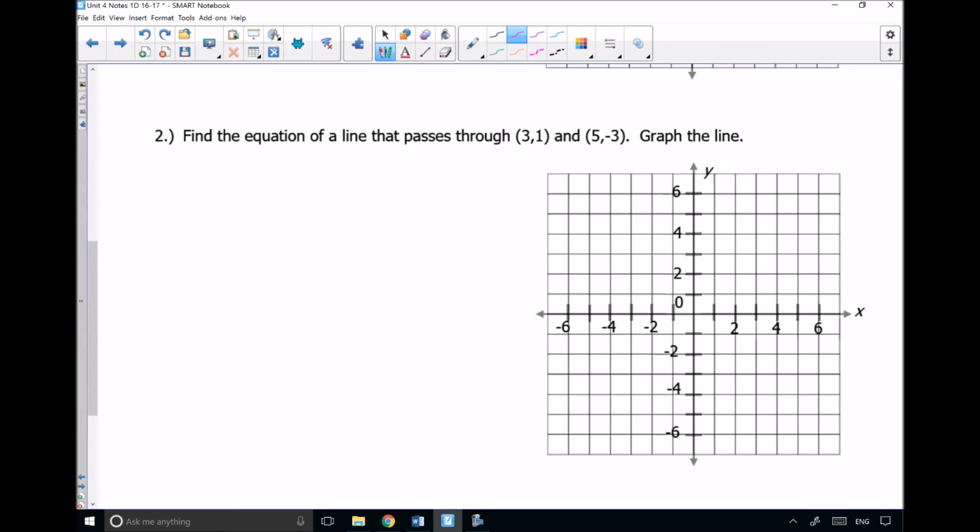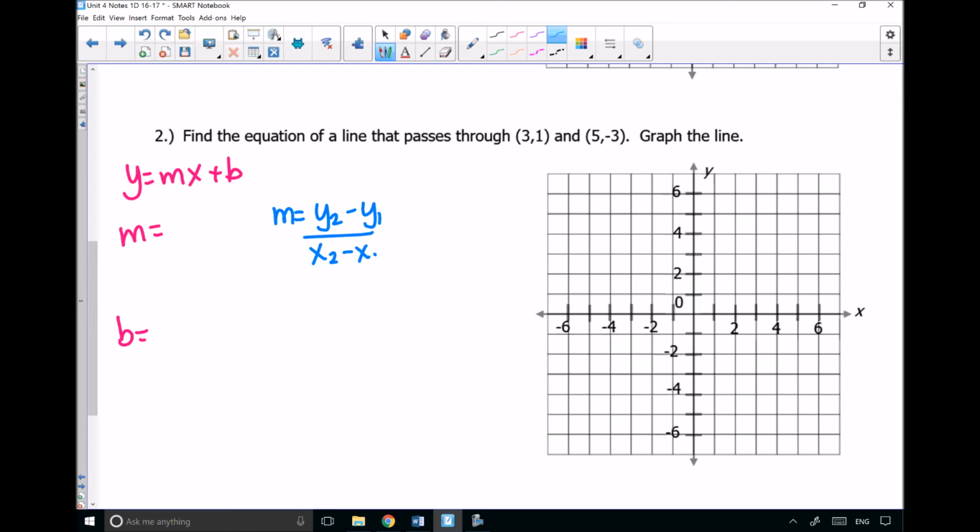Find the equation of a line that passes through 3, 1, and 5, -3, graph the line. So we're going to do the same thing. We need to do y equals mx plus b. And we're going to solve for m, and we're going to solve for b. And we're going to use our first method because that's the one that is new, so I want to get some practice with that. So to find m, just like we said before, you have to do y2 minus y1